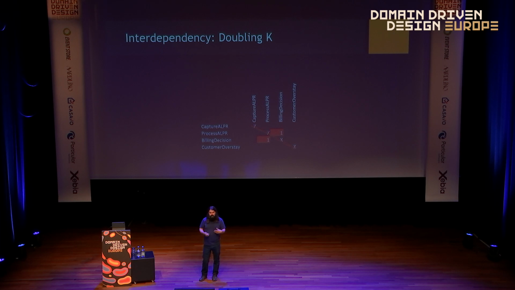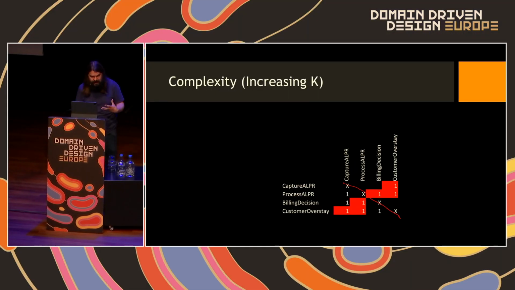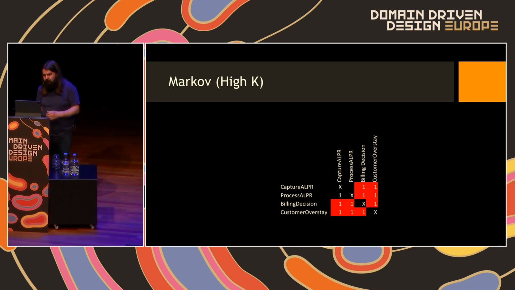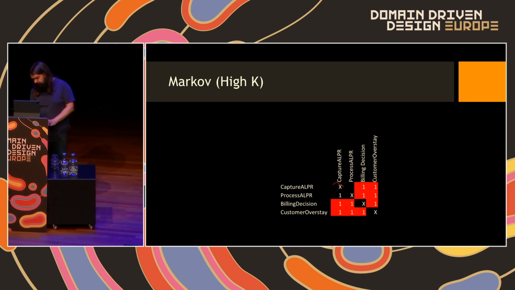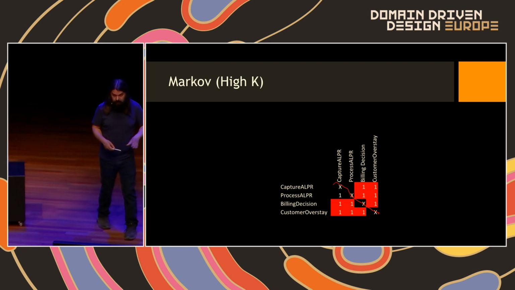It can also be that we're trying to do too much in one component or one process. This can get out of hand. We call this complexity, so K starts to increase massively as we have lots of interdependency, and then we end up with a Markov system where anything can happen, any point can jump to any other point. K is incredibly high. There are actually business systems that work like this,